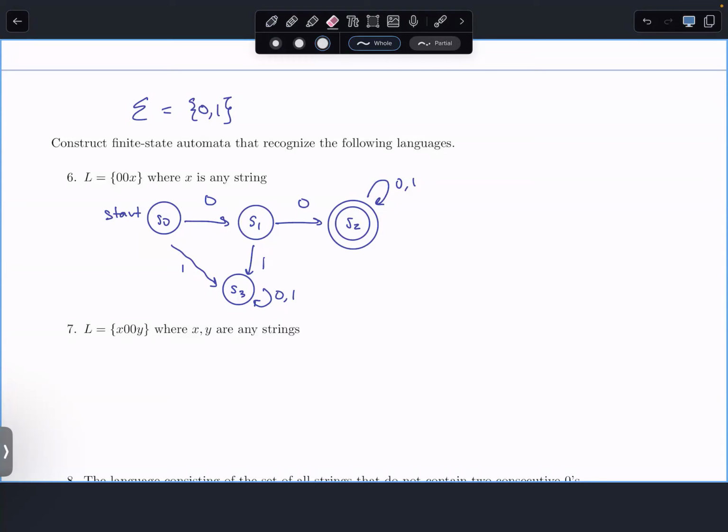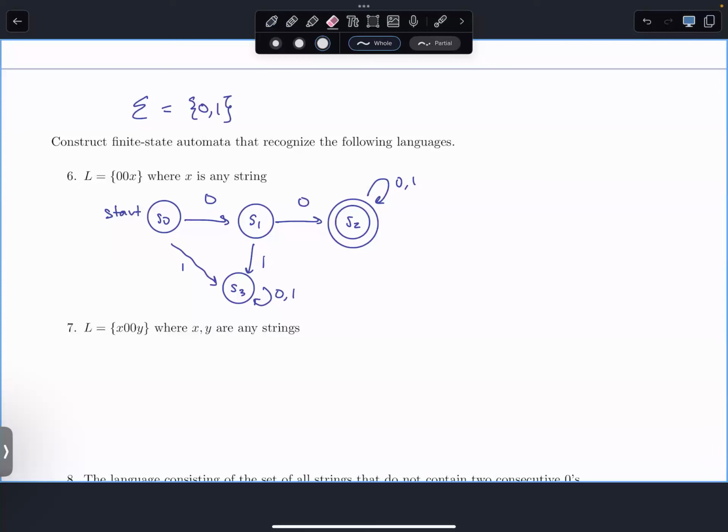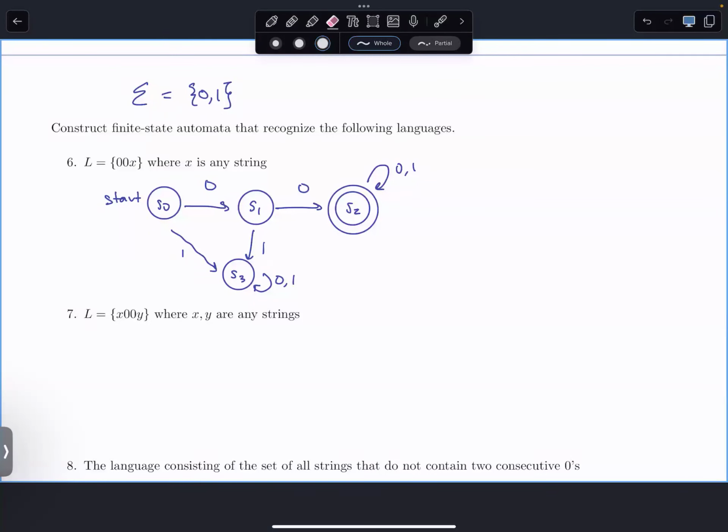All right. And then for L, the string is x00y, where x and y are any strings of zeros and ones. Still, our alphabet is 0 and 1. Well, at least part of it's going to look similar to what we just did, right? So I'm going to go ahead and